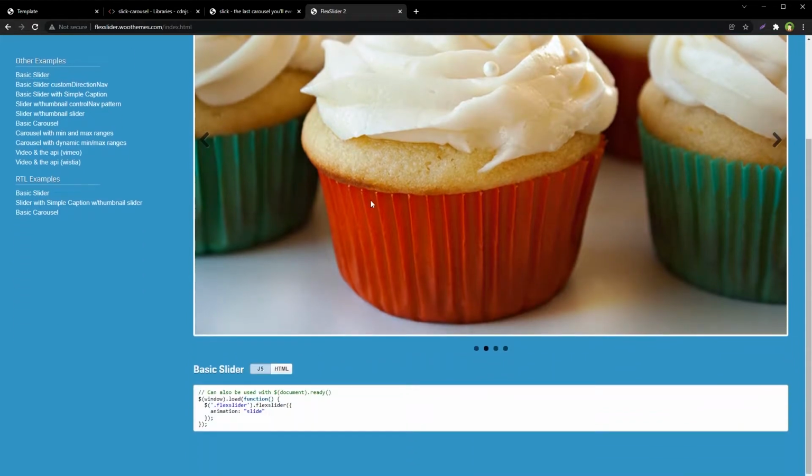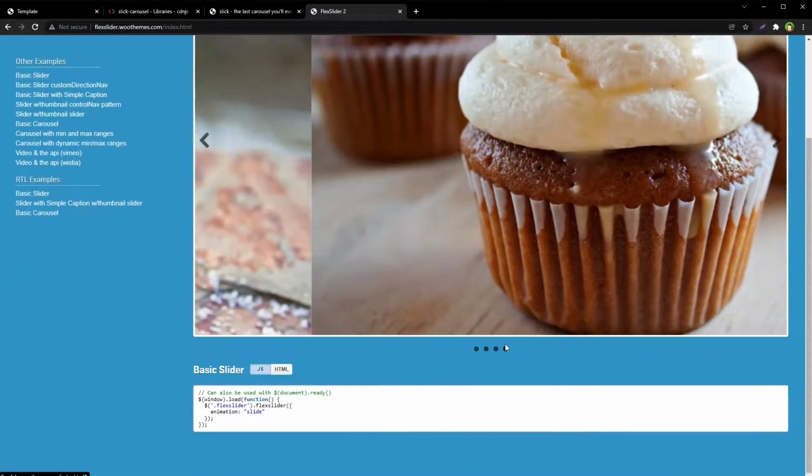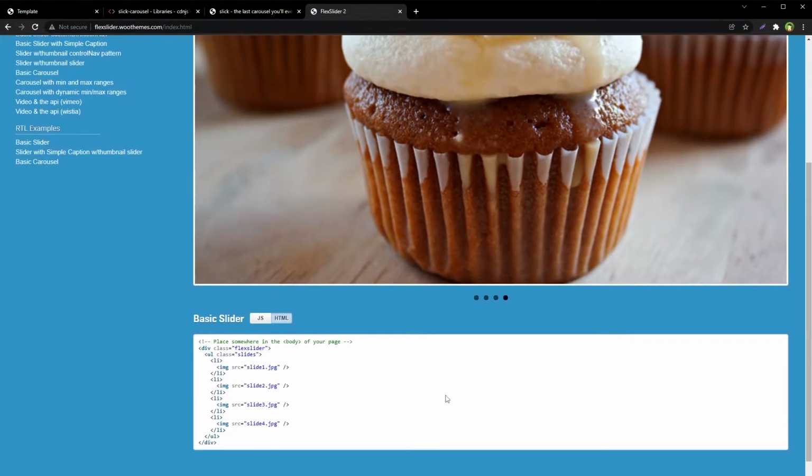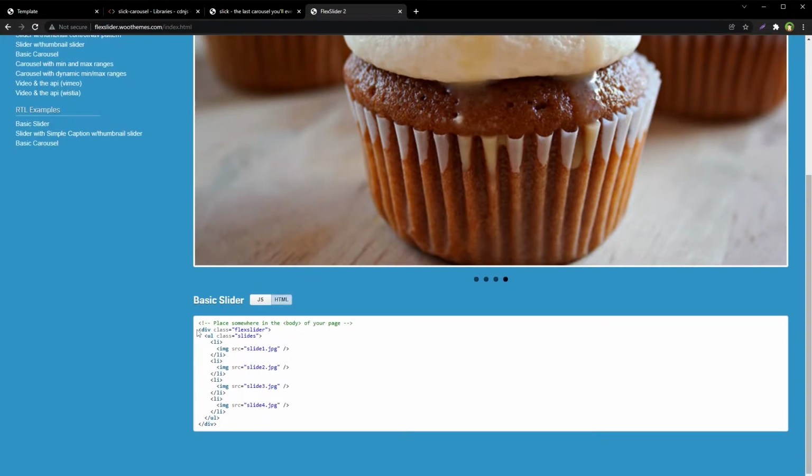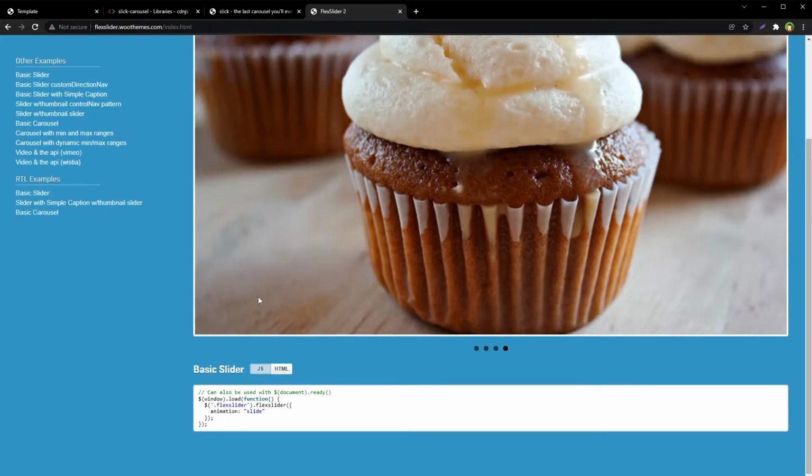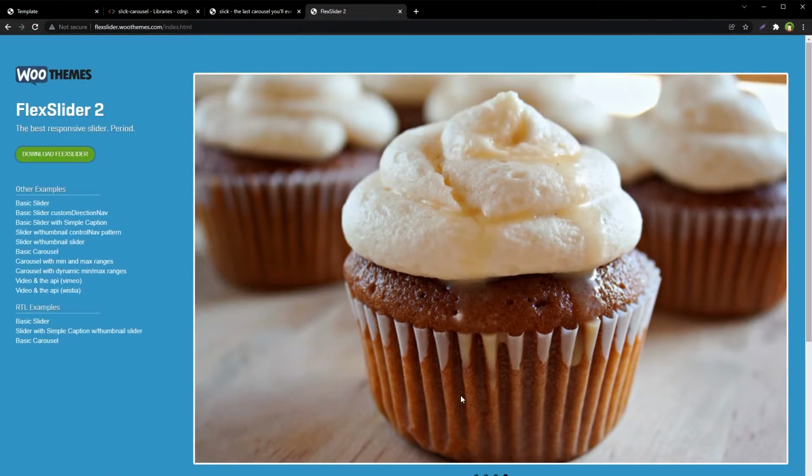And this is Flex Slider, and this is how we use it. This is the structure: a div with class flexslider and then an unordered list with class slides. And then we have got a JS code that we need for this slider to make it work.